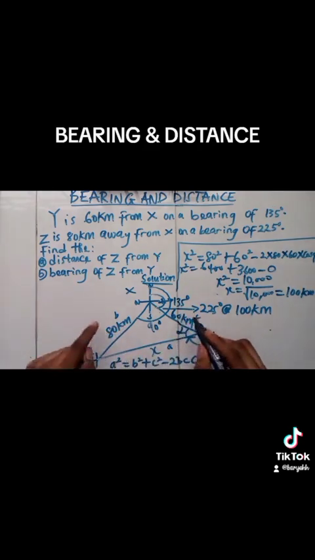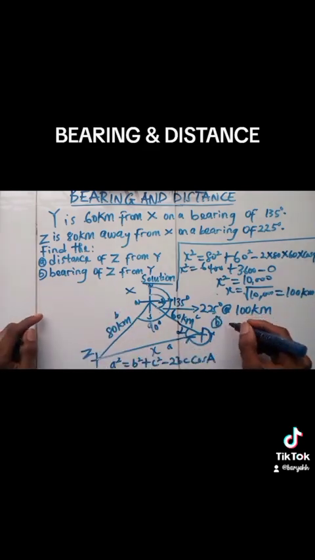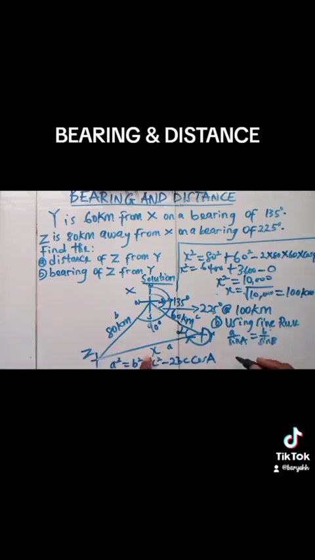Since I already have the three sides now, and I have one angle, looking for the second angle, I can simply use the sine rule. So for B, using the sine rule, which is a over sine A equals b over sine B, that will simply be a, which is my x, which is 100, divided by sine A, the angle that this a is facing, that is sine 90 degrees, equals b, which is 80, divided by sine B, which is this alpha. That is sine alpha. So when you cross multiply,